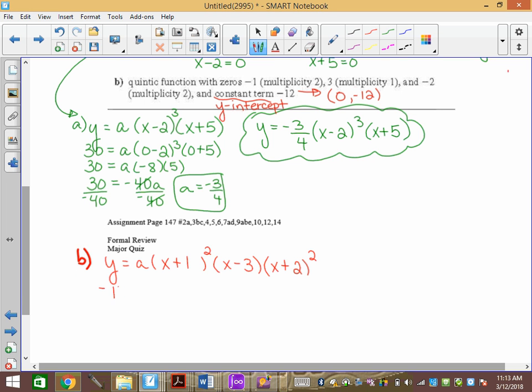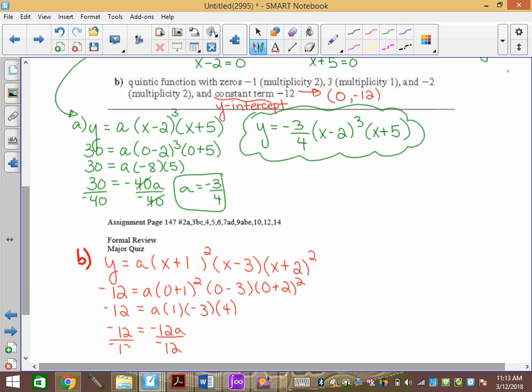So we're going to get -12 equals A, 0 plus 1 squared, 0 minus 3, 0 plus 2 squared. -12 equals A times 1 times -3 times 2 squared, which is 4. -12 equals -12A. This one would have been okay if I just forgot to do my A, but we don't want to bank on it being okay. A equals 1. So we're going to get y equals